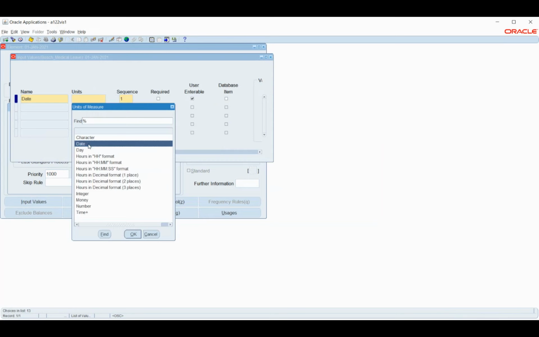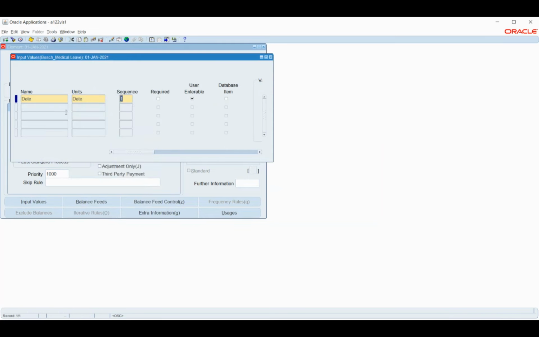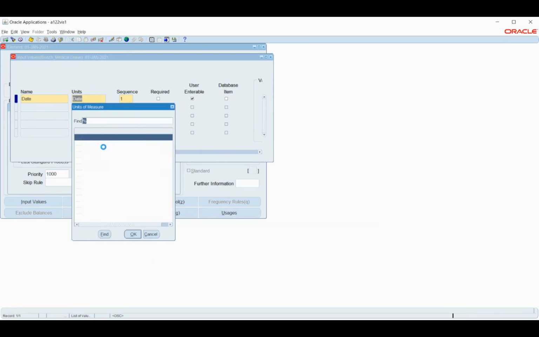Okay, so let me choose here a date format. Okay, so these are the units that I have. Since I selected, saved and also linked those details, it was not allowing me to do that. But apart from that, I have these many predefined units that I can make use of.